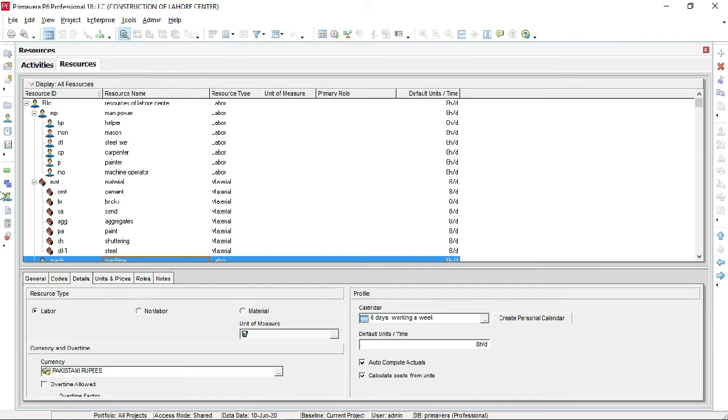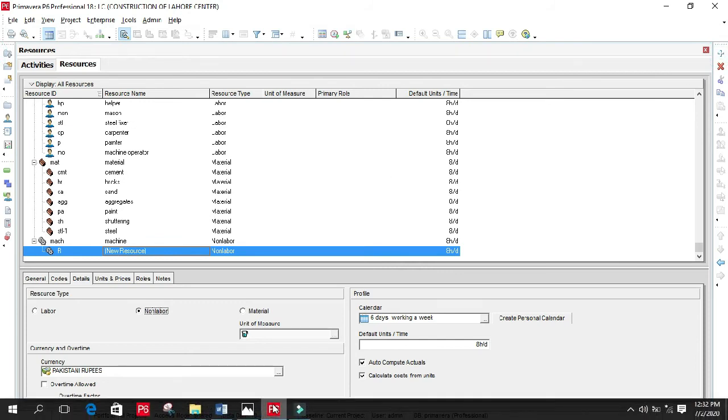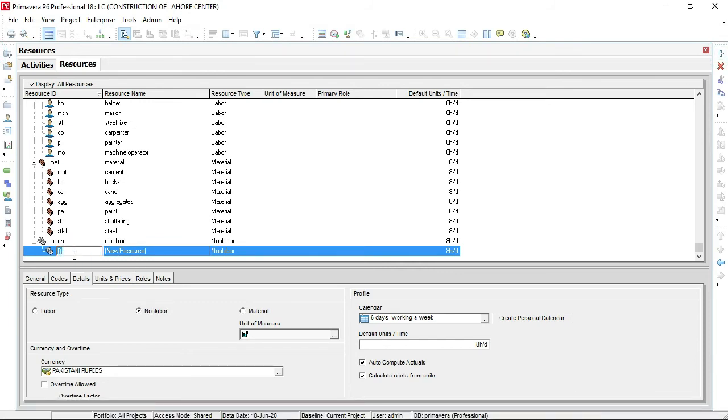Here we highlighted the machine is non-labor, so here you will see the sign of machine. Okay, in machine we will add excavator, required in machine, excavator,